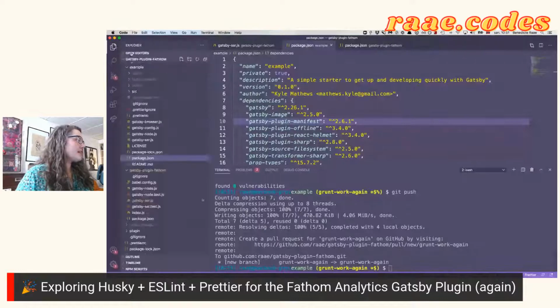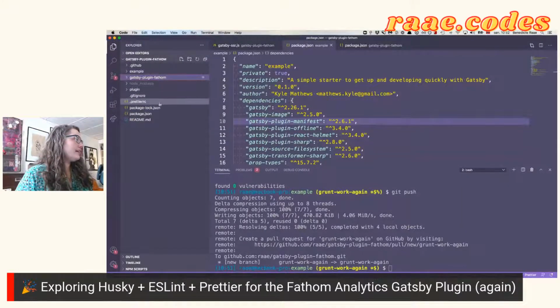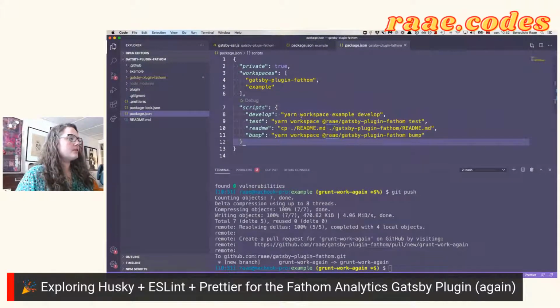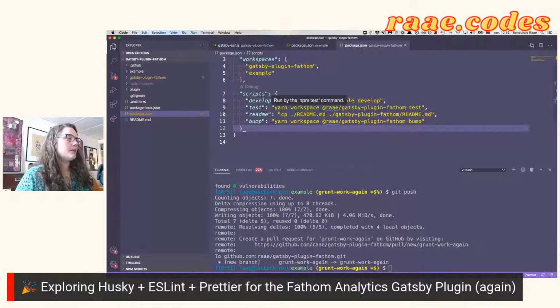And then we need to change up the scripts that we do have in the root plugin. So here I do develop, I do yarn workspace example develop, and then for testing, I test the actual plugin. So for this example one, I just want to see my example repo. And then for the test, I run the tests that I have in the Gatsby Plugin Fathom. And then I have a README script where I copy the README from the plugin to the root. Otherwise, it's not the one that gets published on the npm registry. And then I do bump yarn workspaces, that's a script to bump the version of the plugin. So all of these then need to be